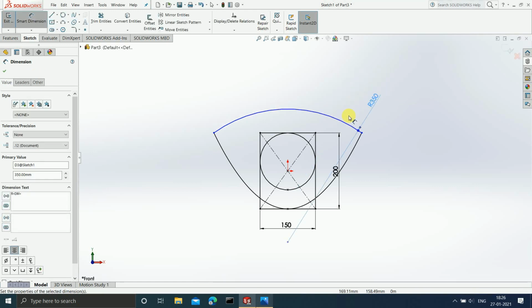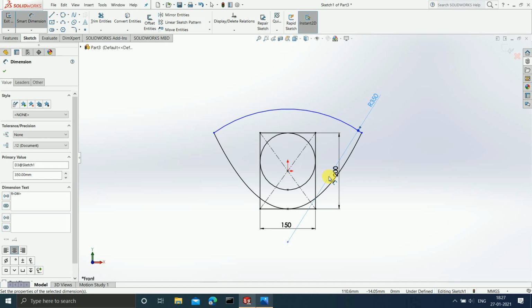Okay, so now the arc shape has changed and it has gained the radius of 350. Now also you can see, guys, that this is blue in color. Why? And here also you can now see it is underdefined. Why? Because SolidWorks cannot understand the arc position properly. Even if you mention the radius, still SolidWorks is not able to understand how and where your arc is exactly lying.